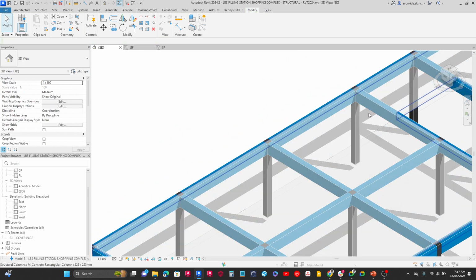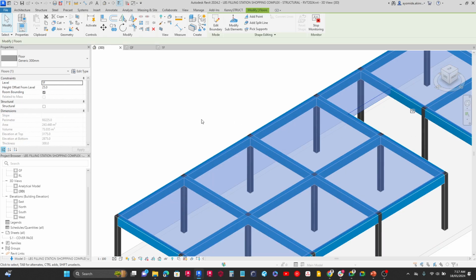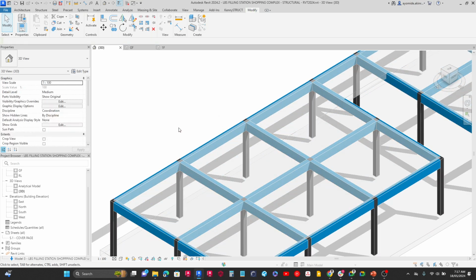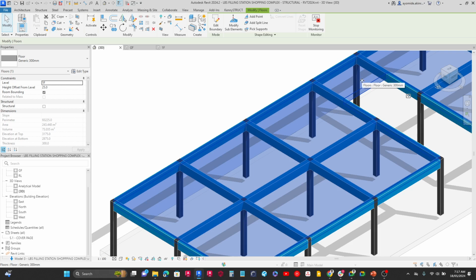If we are having an issue using the join order, first we need to join the slab to the beams. To do that, I need to match the properties of both the slabs and the beams. Forgive me, I forgot to mention that. Now if I click on the slab, we can see that it has a height offset from level, and we don't want that. These are some of those intricacies from the architecture. So I'm going to change this back here to 0